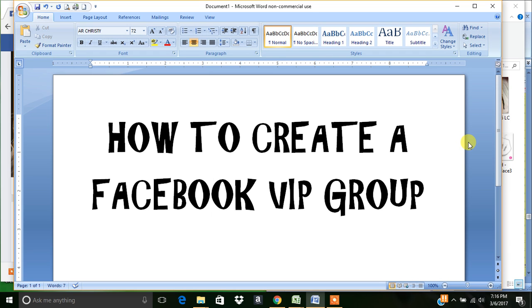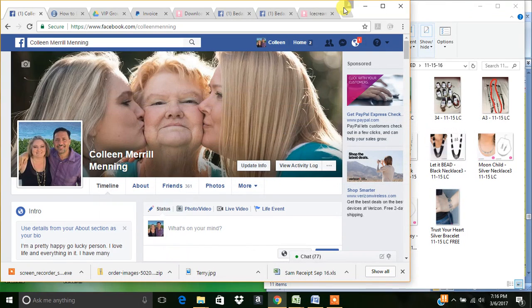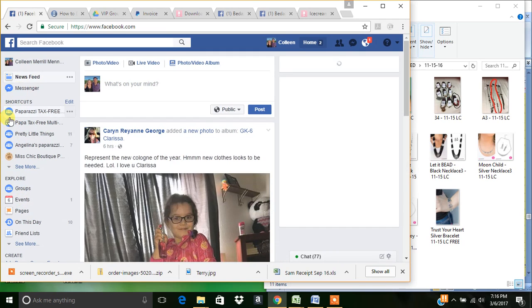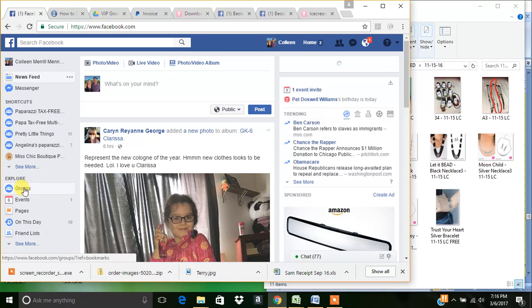With a Facebook VIP group, you can use this for virtually anything, but we're going to concentrate on our paparazzi group. So I am going to show you how to do that. What you're going to want to do is click on your home button. And right over here on the left-hand side, you're going to see groups. So you're going to click on groups,